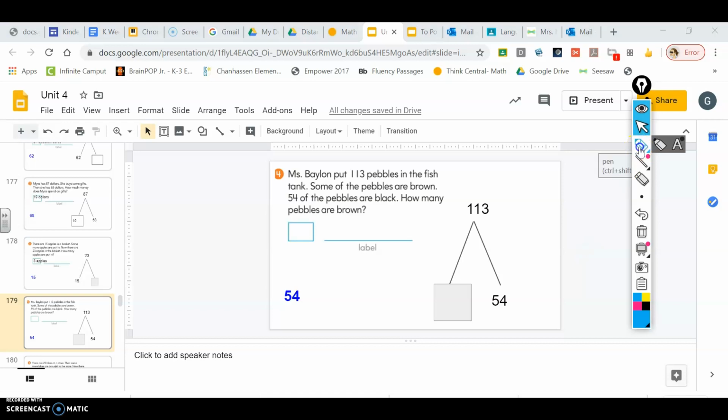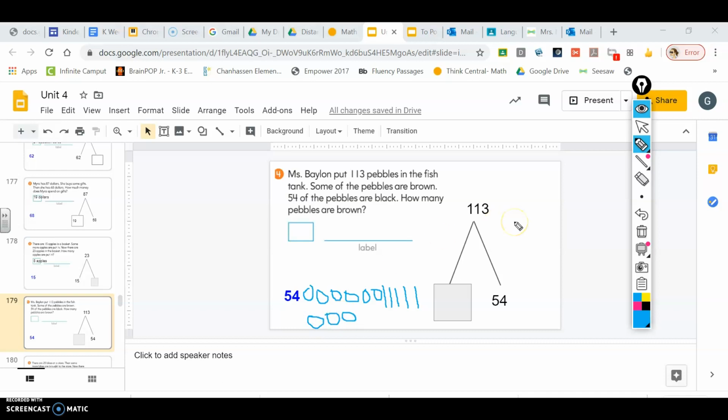So we're going to start drawing our circles. We start with 54 since we're doing the all adding up method. So 54, 55, 56, 57, 58, 59, 60. Now we're going to count by tens until we get to 110. So we're at 60, 70, 80, 90, 100, 110, 111, 112,